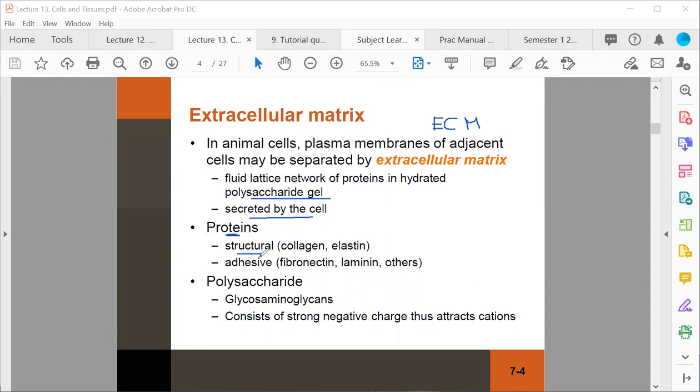The extracellular matrix contains many different proteins. These may be structural proteins or adhesive proteins. The two major types of structural proteins are collagen and elastin. If you imagine and do it right now, take the back of your hand and pull up the skin. It's the elastin proteins that allow you to stretch your skin up from the back of your hand. But it's the collagen